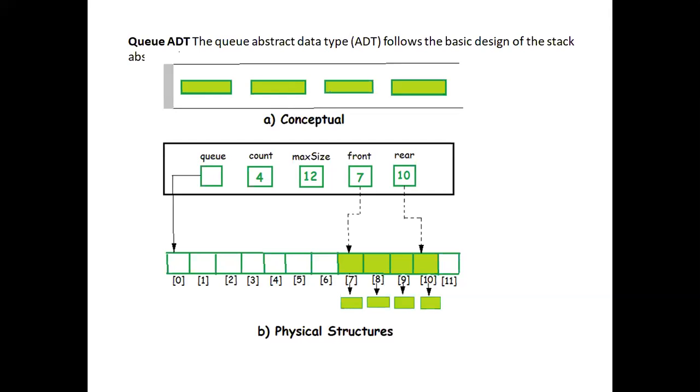But physically, I can implement it in different ways. Here he implemented this queue by using an array. In the diagram, you can see the B part, the physical structure. How was it implemented? By using an array, with indices from 0 to 11, front is 7 and rear is 10. Anyway, we will be discussing queues in the next part; previously we just discussed 1 or 2 classes about stacks, so there is no need to discuss this queue in this ADT concept. But I am telling how that ADT can be implemented.